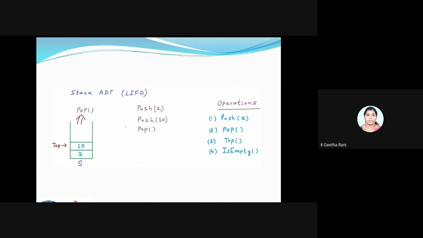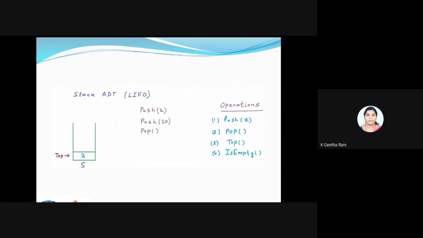Now I'm going to perform my pop operation. For performing the pop operation, I don't need to mention the data. I can just give it as pop of. Automatically the topmost element will be removed from my stack. Fine, so be clear on this. For push operation, I have to mention the data I'm going to put inside the stack. For pop operation, I can just give it as pop of. That is more than enough, which is going to remove the topmost element from the stack.